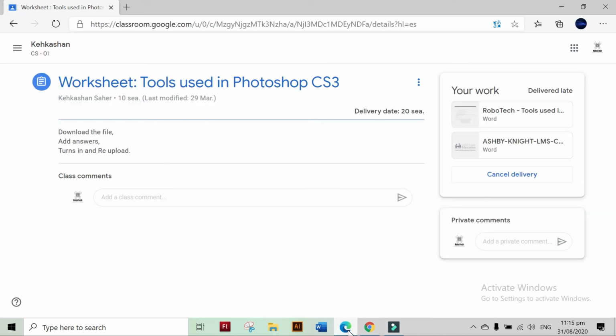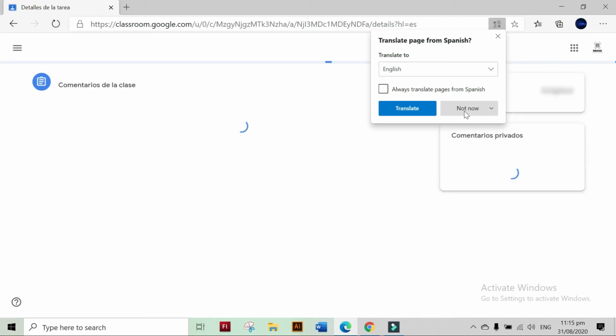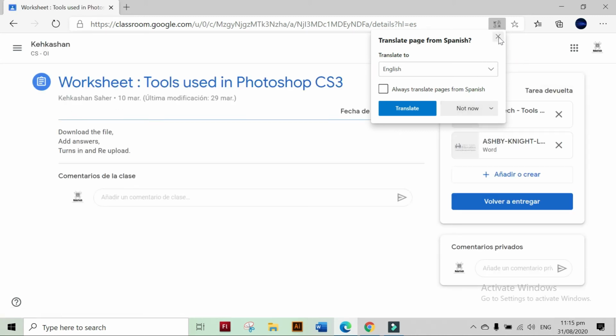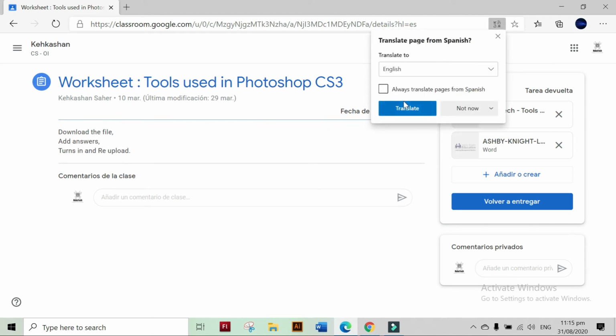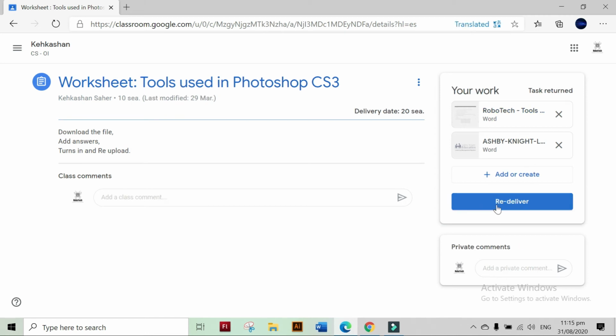Now the student gets it back. So now the task has been returned.